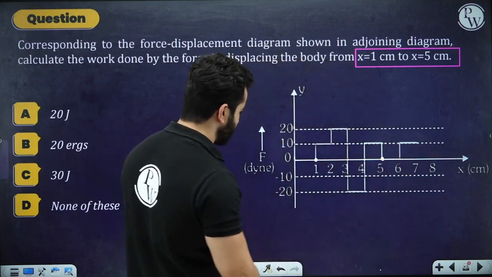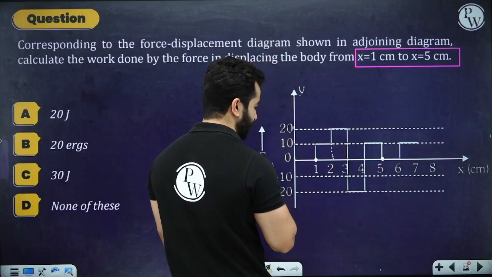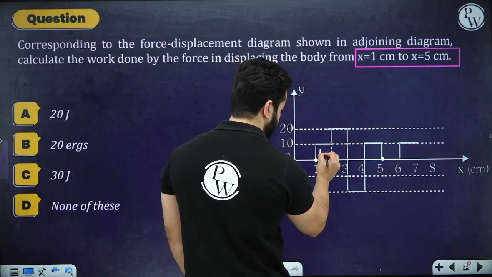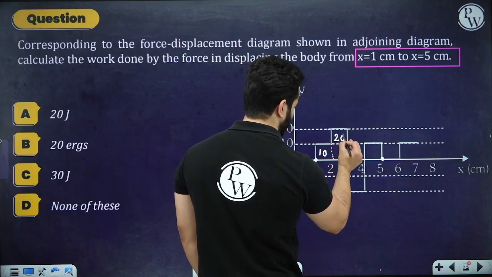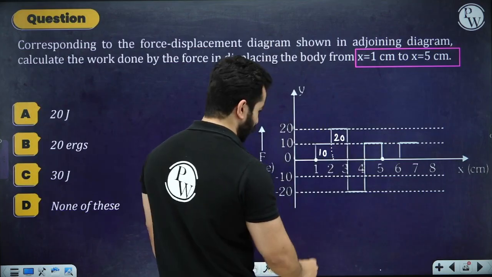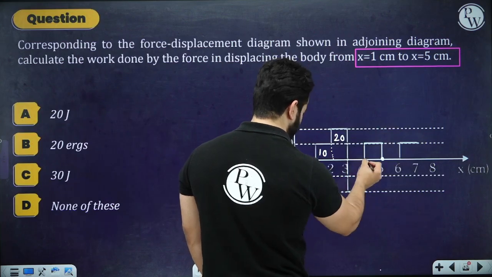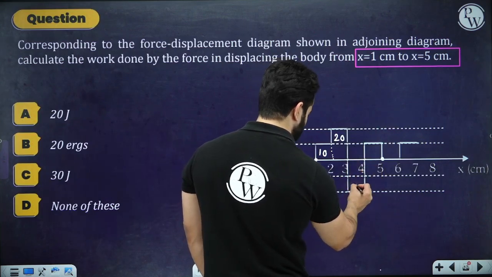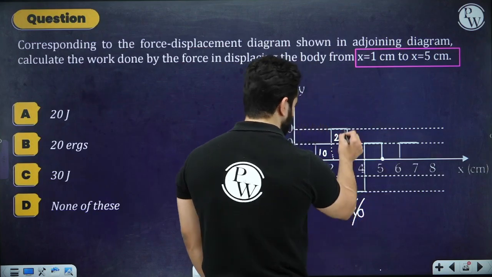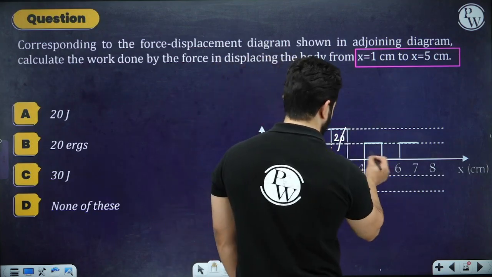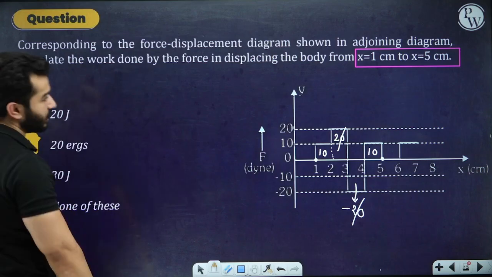Now all I can see is that this is 10. Now this length is 10, this is 1, so this is going to be 10 square units. This is again 1, this is 20, so this is going to be 20. Now they are asking about from 1 to 5. For 3 to 4, this length is 20 and this length is 1, so this is going to be minus 20. So we can clearly see these things can be cancelled out, and from 4 to 5 again it is going to be 10. So the total answer is going to be 10 joules, and let me just see if this